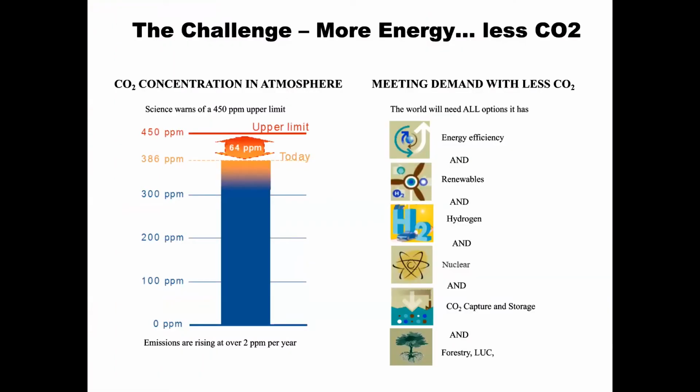This slide is similar to Simon's in that the key point here is, in order to meet the 2-degree challenge that we're up against, we're going to need all of the tools in the toolbox. There's no silver bullets. Hydrogen is one of those tools, and it's emerging as something of greater interest for many countries because it has a lot of interesting